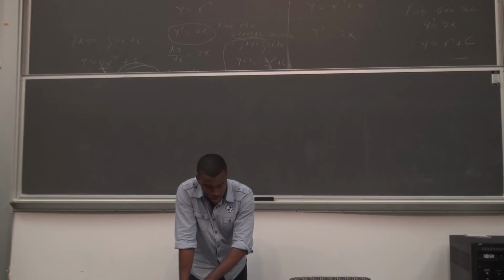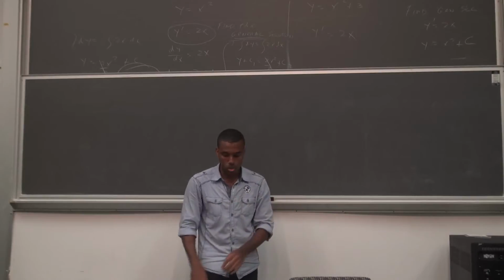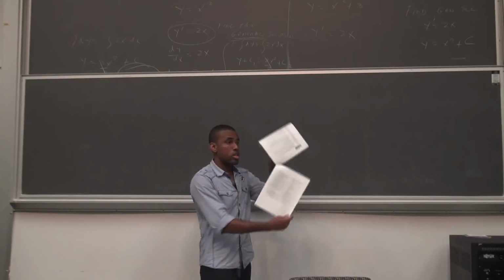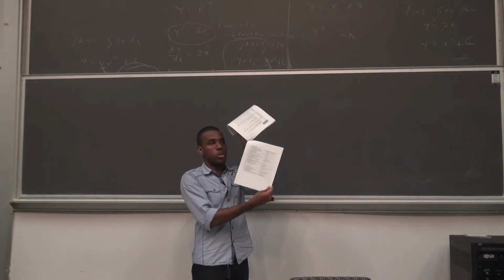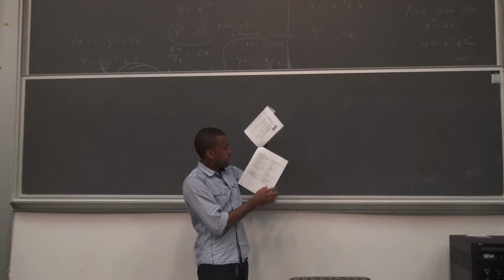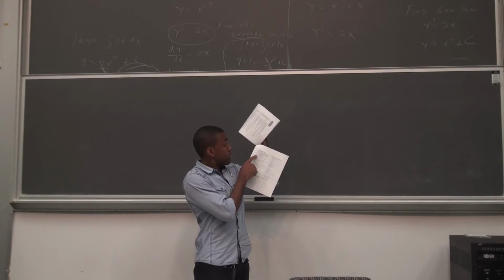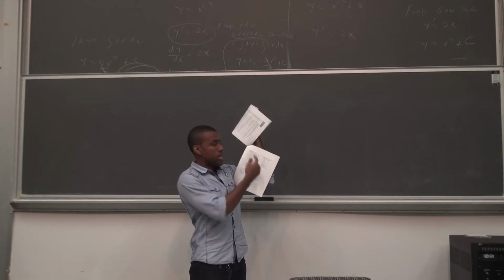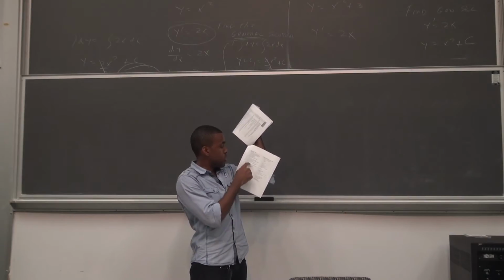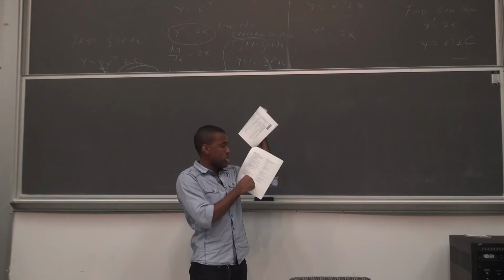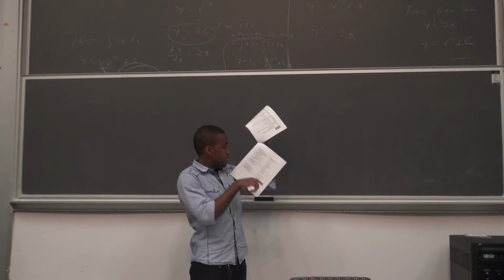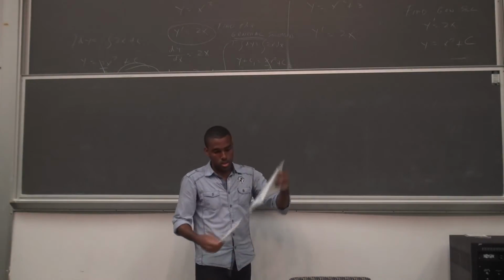So the final exam is cumulative, so it will cover everything. But the other exams are not. The other exams just depend on what topics we're doing. And if you want to know what is covered by each exam, there's a page here that has a list of topics that we will be going through and homework problems. So it tells you what the exams cover. It says exam 1 covers topics 1 through 5. So for the first exam, those are the things you need to study. Exam 2 will cover topics 6 through 14. So those are the things you need to study. In general, they're not cumulative for the exams, but the final is going to be everything. We'll get to that.